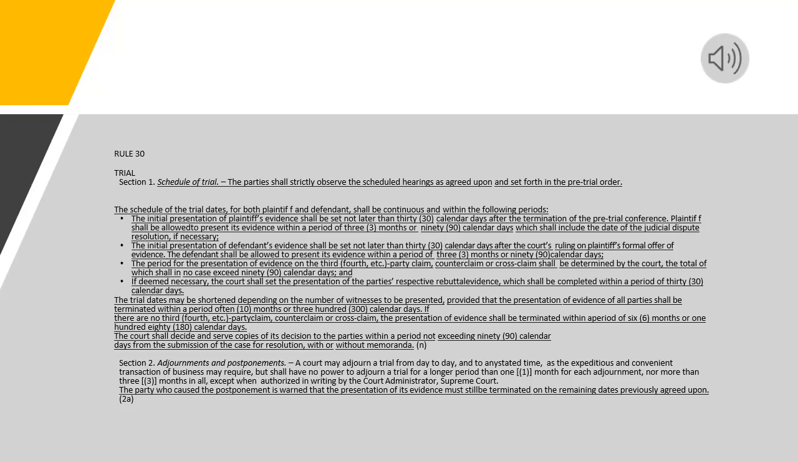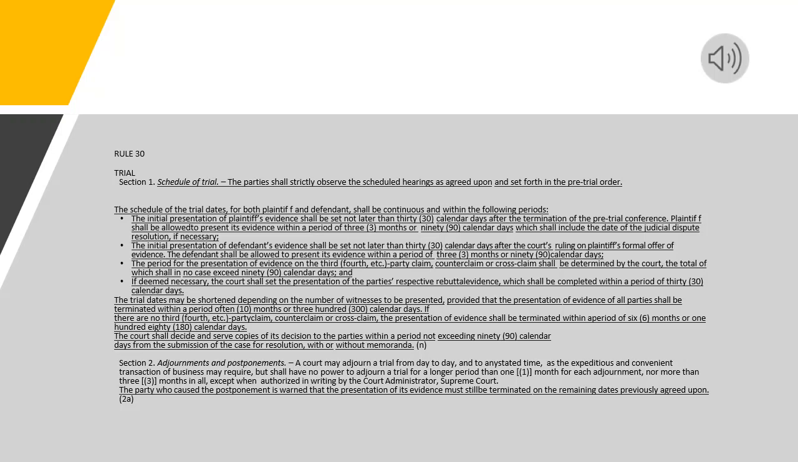Rule 30. Trial. Section 1. Schedule of trial. The parties shall strictly observe the scheduled hearings as agreed upon and set forth in the pre-trial order. The schedule of the trial dates, for both plaintiff and defendant, shall be continuous and within the following periods. The initial presentation of plaintiff's evidence shall be set not later than 30 calendar days after the termination of